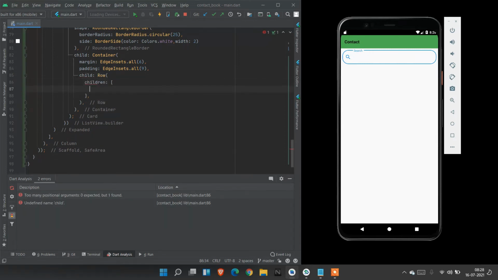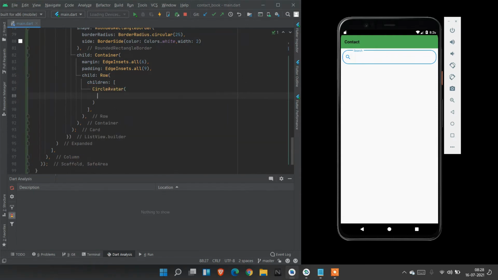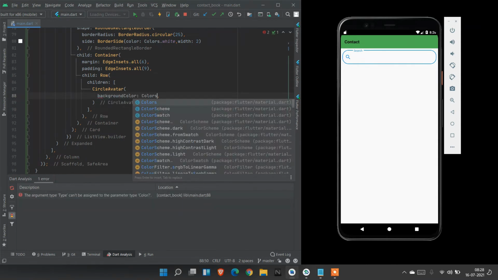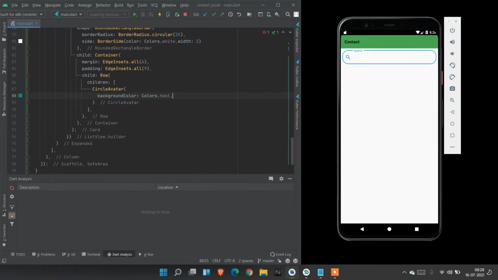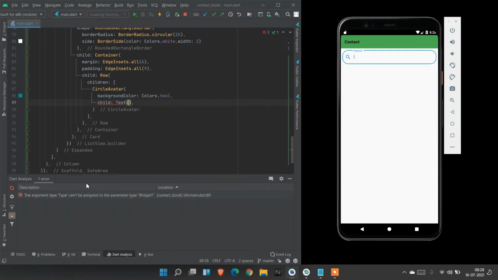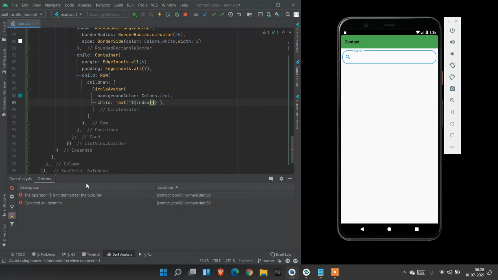Inside the Row we can create a CircleAvatar, backgroundColor to be Colors.teal. I use teal color, and I need this child to be a Text, and this text to be a variable, index of 0.